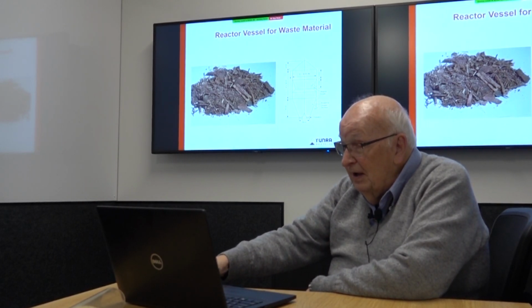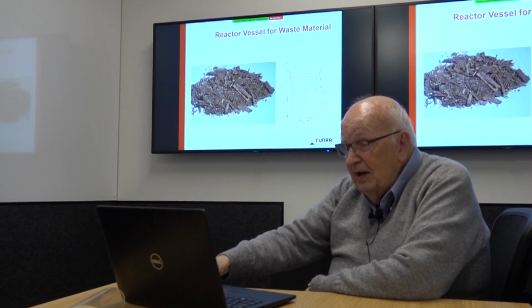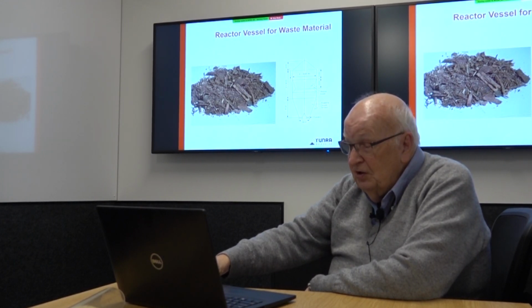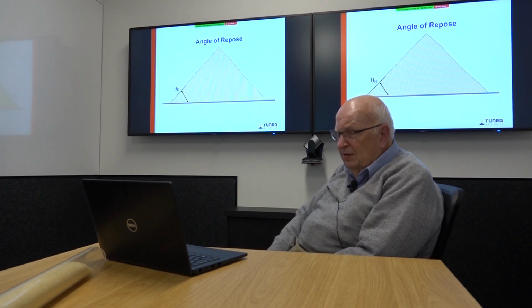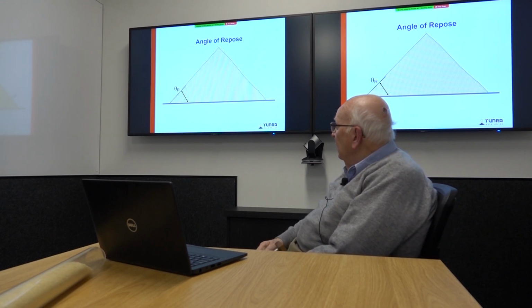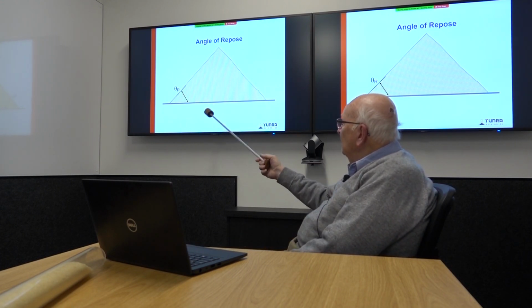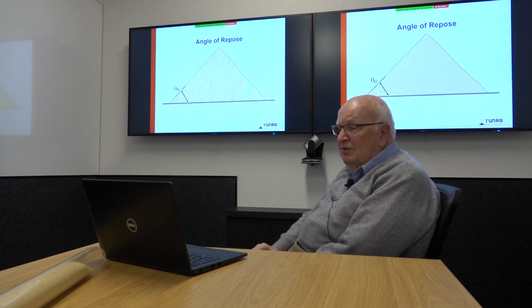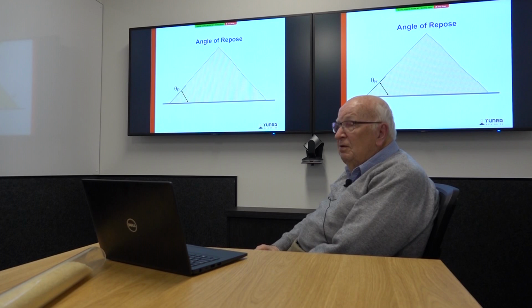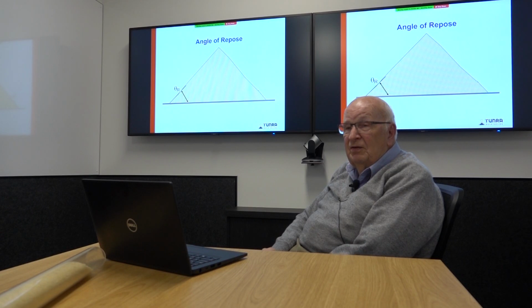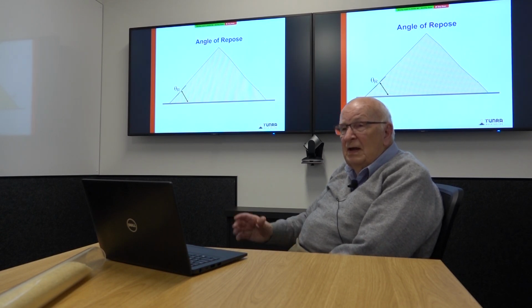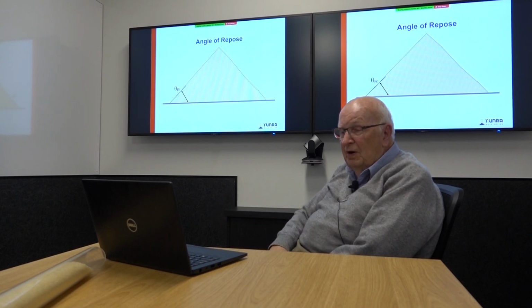That characterising is quite a major study, and to the uninitiated it's often misunderstood. There was always a school of thought that maybe the angle of repose was a measure of internal friction. That's certainly not the case, because in reality, if we measure the angle of repose, say for wheat, you might get an angle of 32, 33 degrees, or if you measured it, say for coal, you might get 38 degrees, or iron ore 38. So two vastly different materials, one free-flowing, the other one quite cohesive, yet the angle of